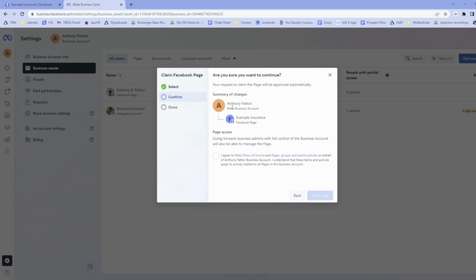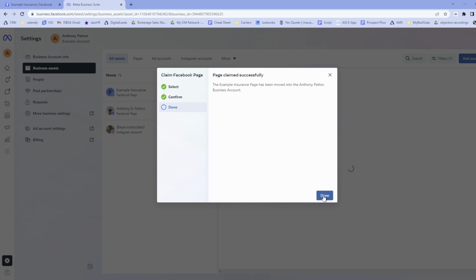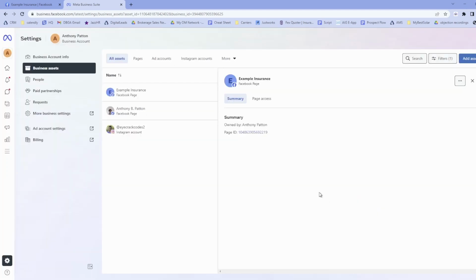So Anthony Patton's Meta business account, and this is the Facebook page that we're basically operating under, and right here we're going to agree to Meta terms of services. Okay, so click the checkbox. We're going to claim that page. It has been moved into my business account, so I'm going to click done, and now we have another asset right here that we can use with a page ID. Okay,